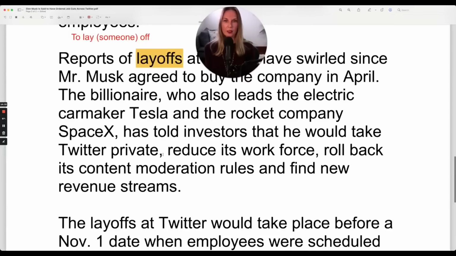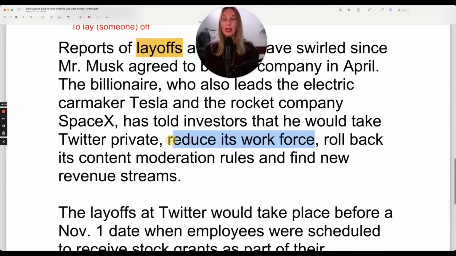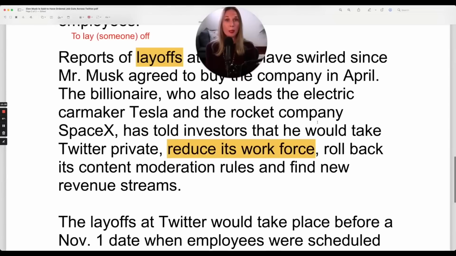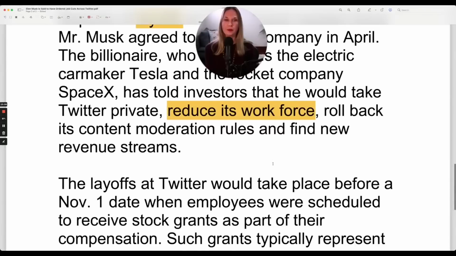Okay. So again, they're talking about the job cuts, the layoffs. It's just natural that you're going to reduce the workforce. The workforce is the total number of people in a company, or you could talk about the workforce of a city, a country, an industry. So Twitter had 7,500 people. So you could say that's its workforce.